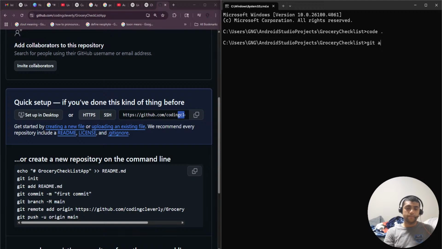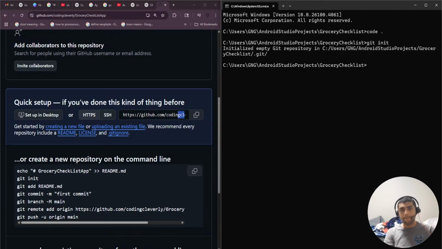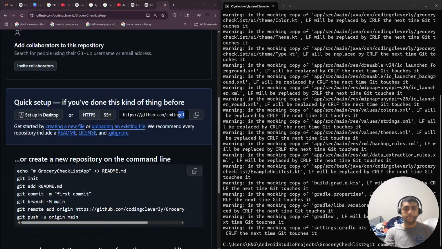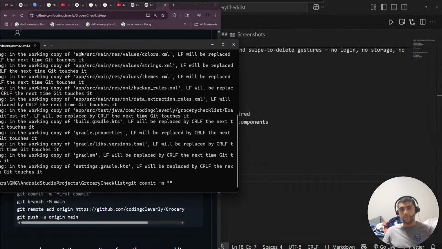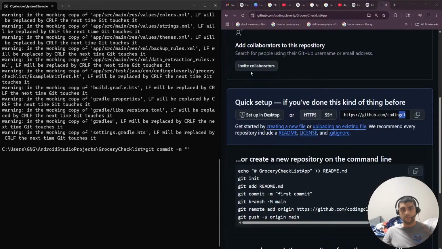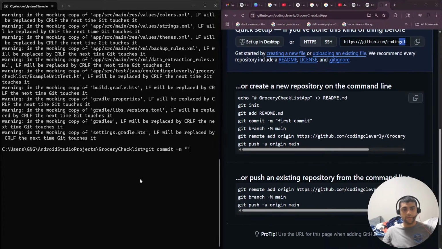So git init, git add everything, git commit with an m. Oh yeah, this is not going to appear, so that's why I normally put it on the left, because things don't appear. git commit -m first commit,